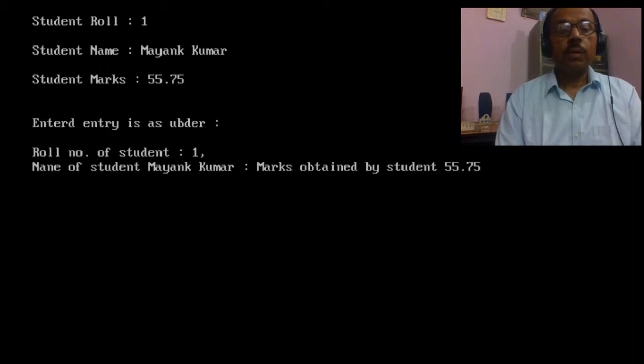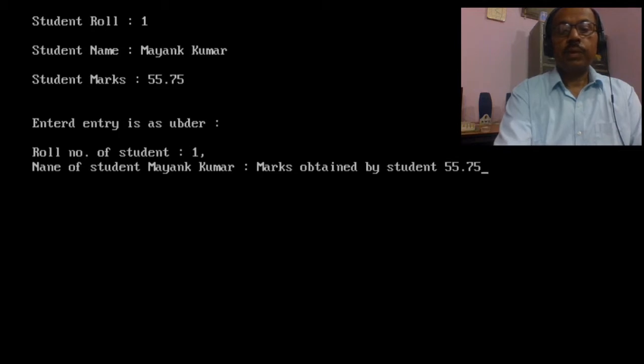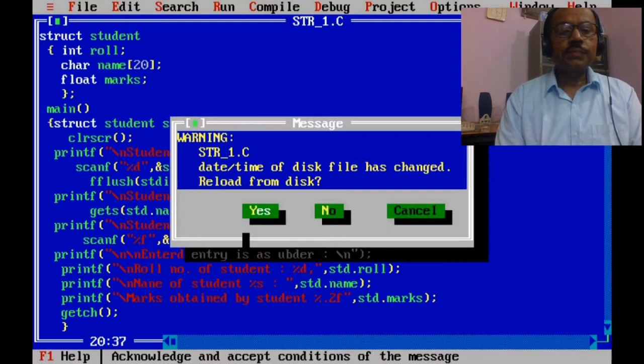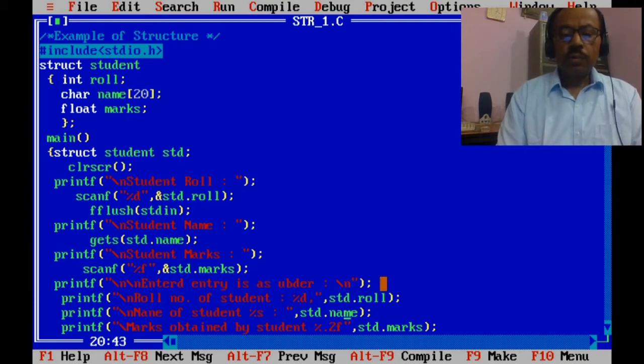So all these are showing here: roll number of a student, name of a student, and marks obtained by the student. So in appearance we may modify something so that it will look good.